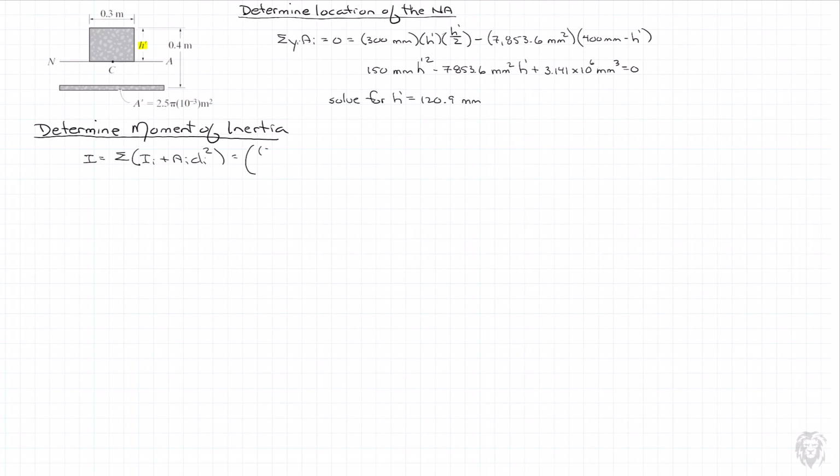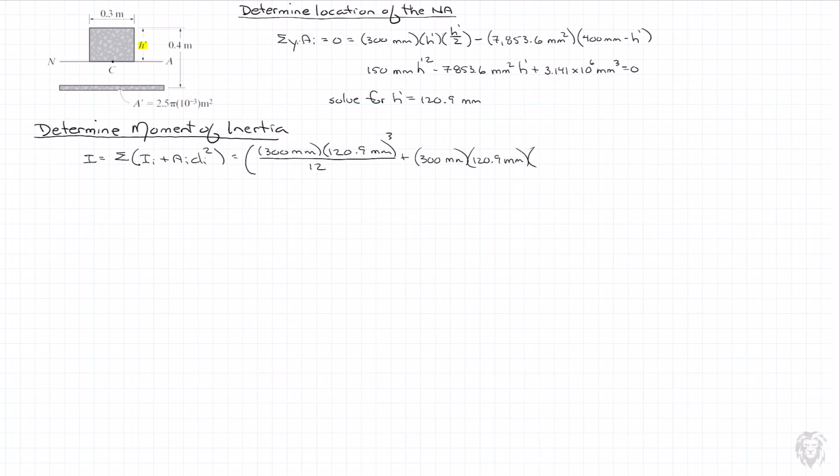And so we have 300 millimeters is the width. Its height is h prime, which we found to be 120.9 millimeters. So that's cubed divided by 12. And then its area is, again, that 300 millimeters times 120.9 millimeters